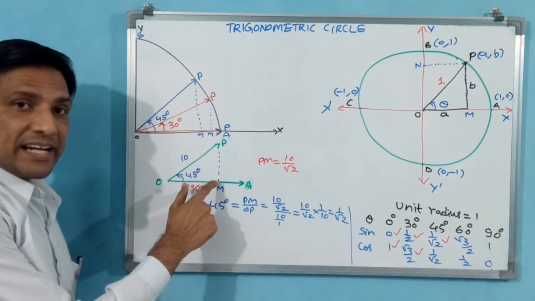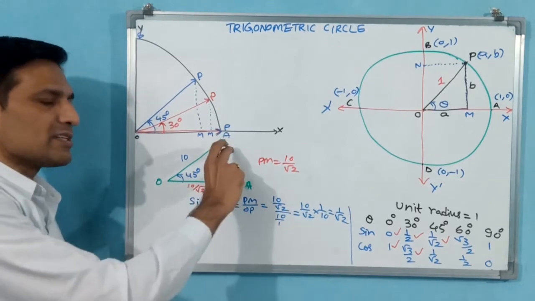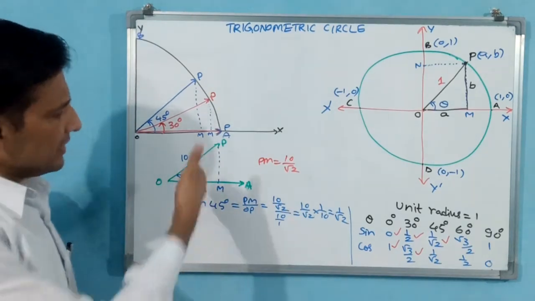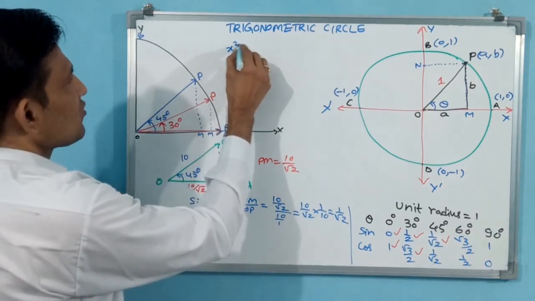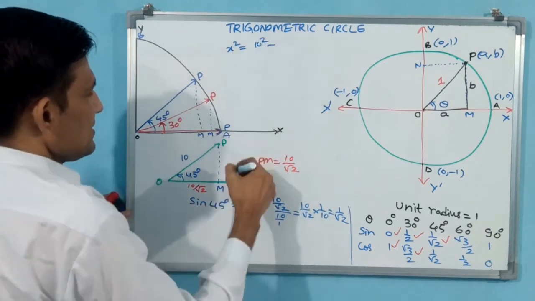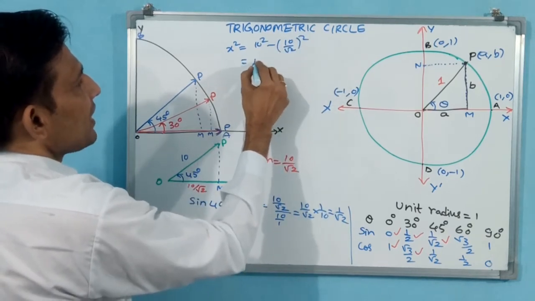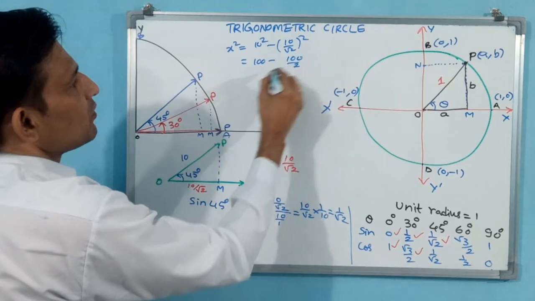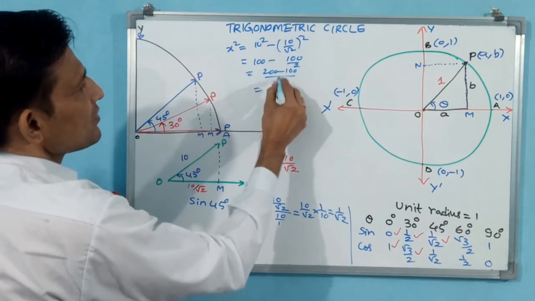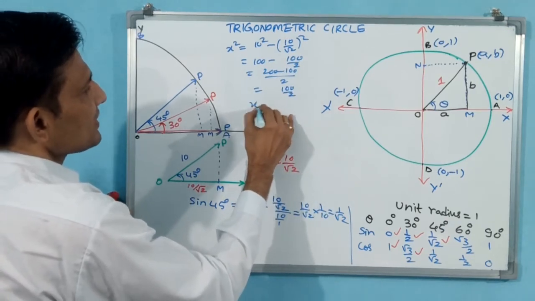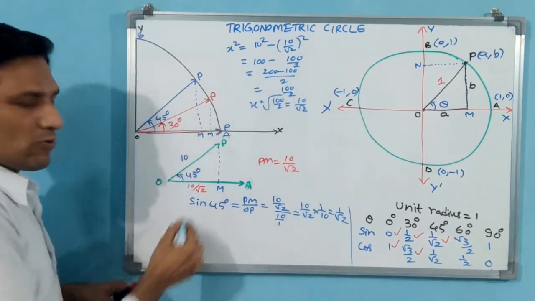At 45 degrees, right angle triangle. In a right angle triangle when 45 degrees is there, then the adjacent side and opposite side both are going to become equal. Or else you can do it also, I will do it, see here. Let us take this as x. X square is equal to 10 square minus 10 by root 2 whole square. That is equal to 100 minus 100 by 2. That is equal to 200 minus 100 by 2. Okay. That is equal to 100 by 2. X is equal to square root of 100 by 2. That is equal to 10 by root 2. Okay. 10 by root 2 has come.